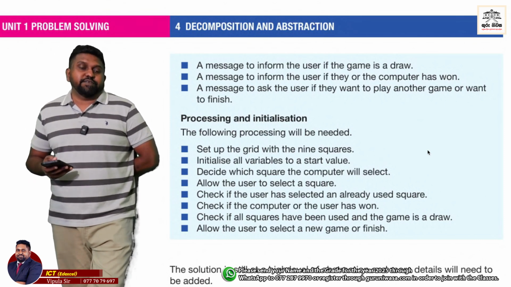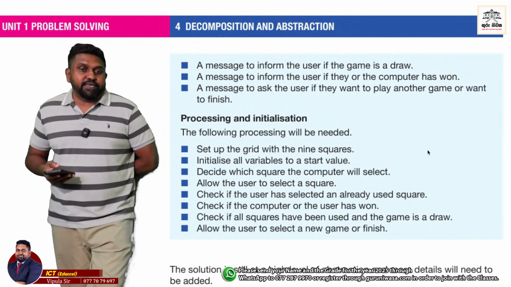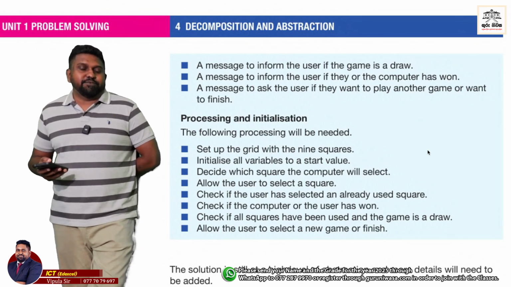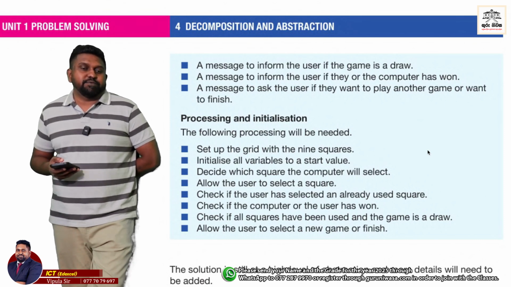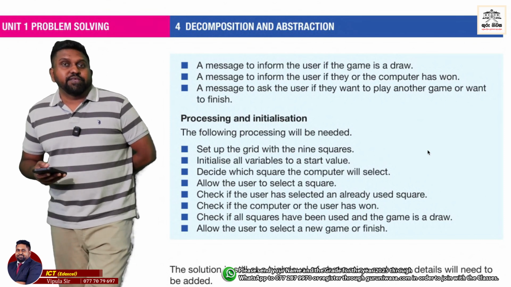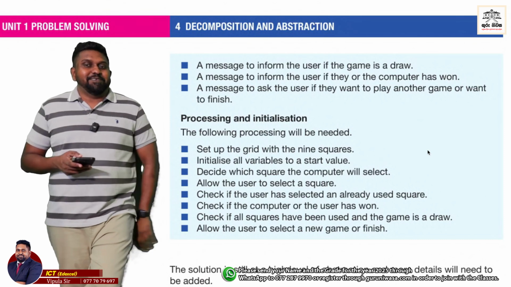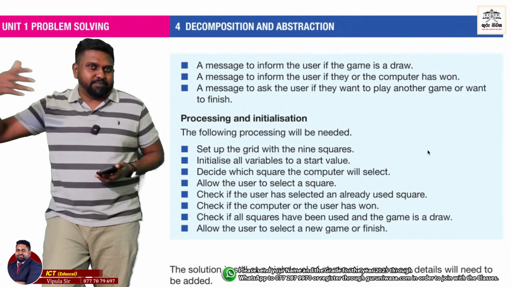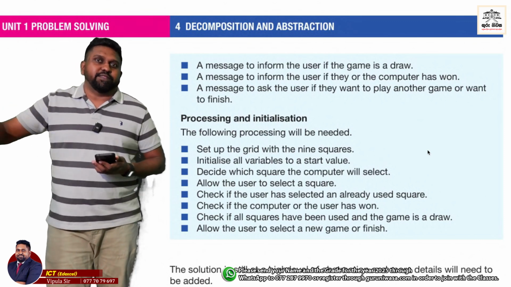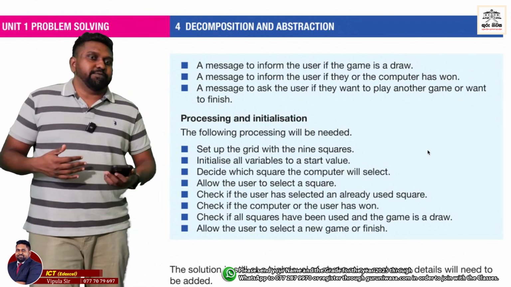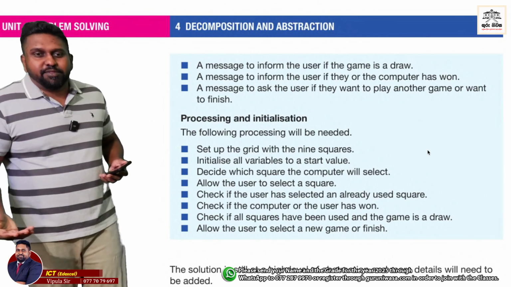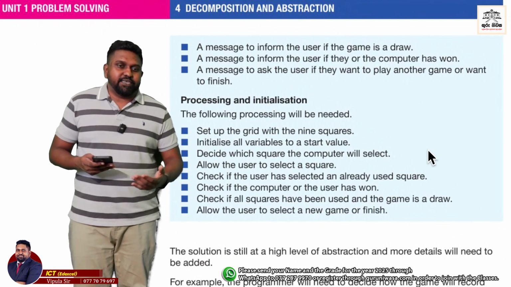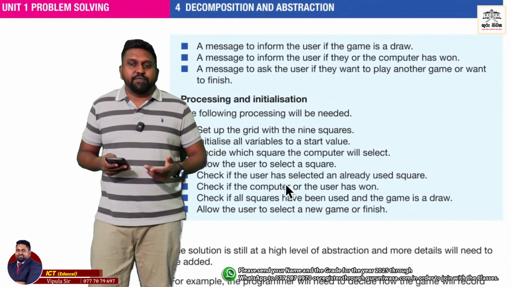Variable should have a start value, right? Then we have to decide which square the computer will select. So there has to be a specific square which the computer will be selecting, right? And then allow the user to select a square, so we need to decide and find out what are the squares the computer is going to select, and after that we have to allow the user to select a square also, no? So then the user will be selecting a square and check, and after all this is done, we check if the user has